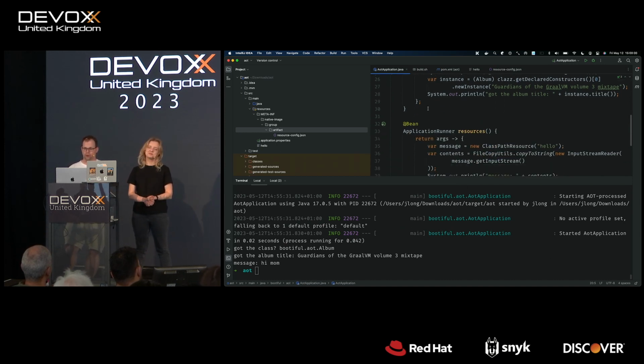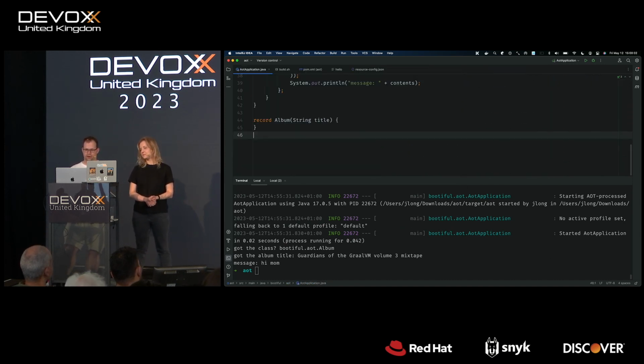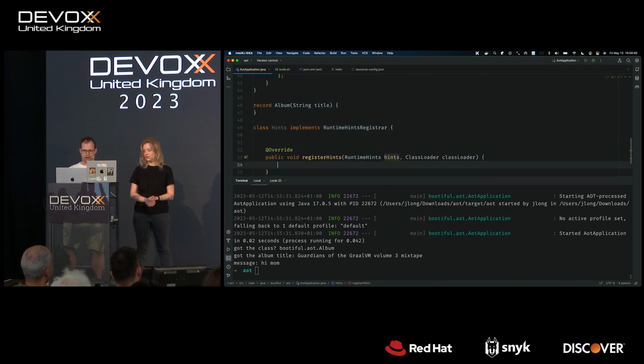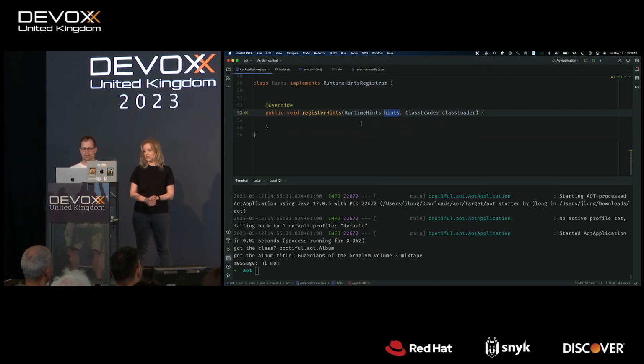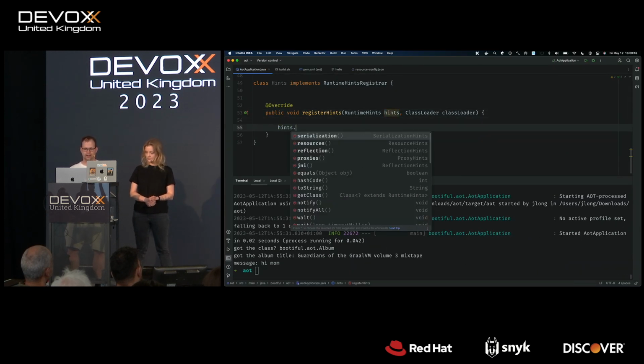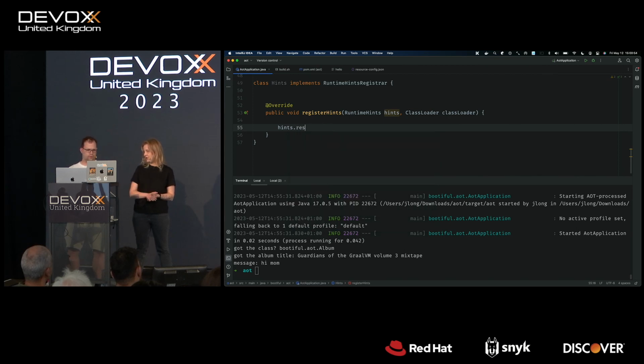There's another way you could also inform Spring of the kind of dynamic hints that you want, right? You could write a hints class, right? And this is a runtime hints registrar, and it's just an object that has a callback wherein you're given a reference to something called a runtime hints that you can use to programmatically register the kind of config you want. So you want to hint native image about those dynamic features that you're using in your app, right? Those are what the hints are for.